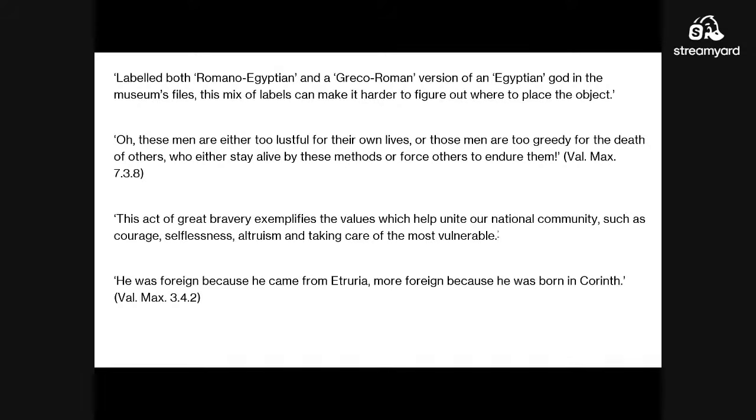wasn't a Roman. As Valerius put it, he was foreign because he came from Etruria, more foreign because he was born in Corinth. Tarquinius was considered to be from Etruria, and his father was originally from Corinth, making him an external 2 times over. Nevertheless, Valerius stresses that when it came to behaviour, Tarquinius was exactly in line with Roman